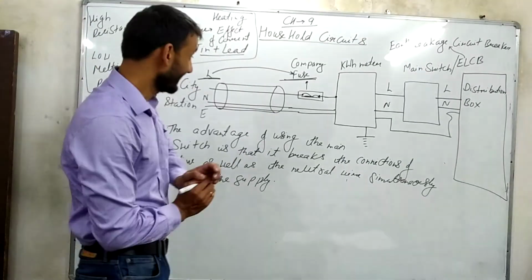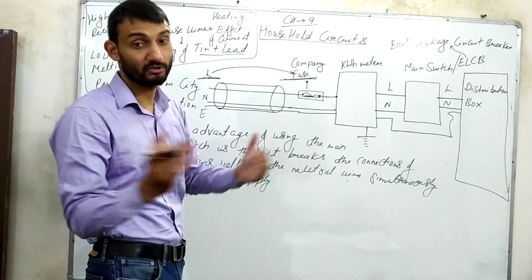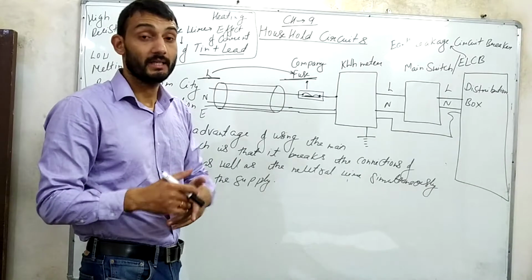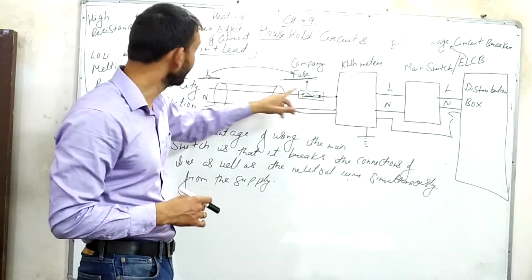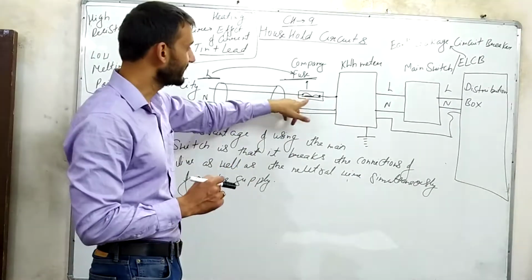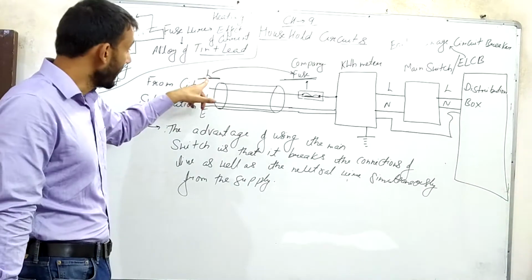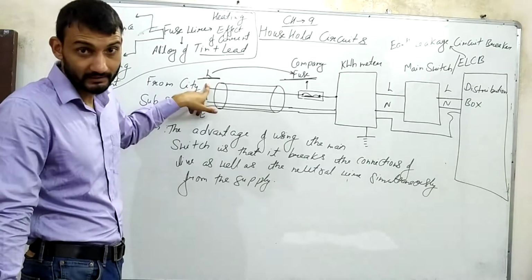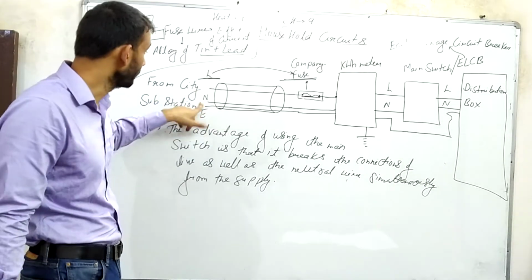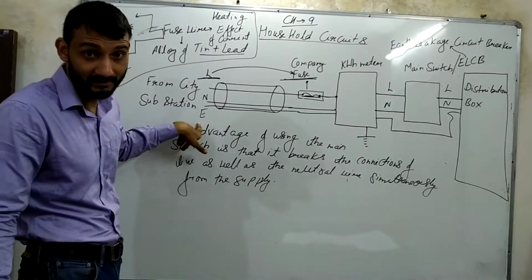So whenever excessive current goes through this, because of the high resistance, it will not allow the current to pass through it. Because of that, heat will be produced, and because of that heat, this alloy of tin and lead, that is the fuse wire, will break. Once that wire is broken, since it is connected to the live wire, and this live wire carries the current, that is why we call it live wire. Neutral wire does not carry current, and earth wire is a safety wire.